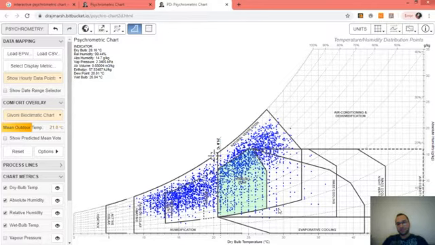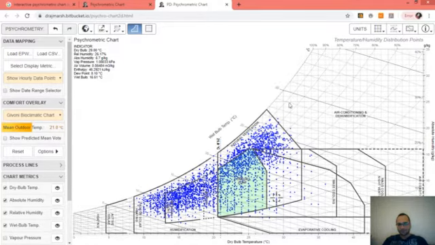Let's take into consideration a climate condition within the evaporative cooling zone. So this climate condition here, where you have a dry bulb temperature around 29 degrees Celsius and a low relative humidity level of 26%. I will turn on the wet bulb temperature lines. Okay, following the wet bulb temperature lines, the evaporative cooling strategy can bring this condition into the comfort zone